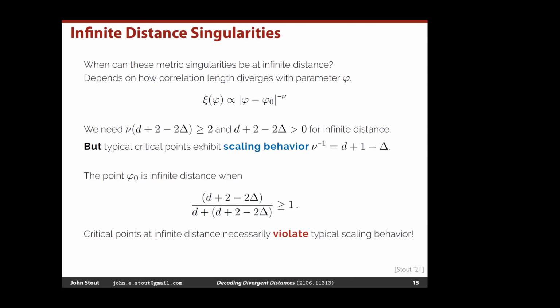Are there any questions about that? Yeah, John, I have a question. I'm looking at the condition you wrote down, and it seems that delta drops out of it. If I try to solve for deltas that satisfy that, I put the denominator on the right and then I get d plus 2 minus 2 delta bigger than or equal to d plus 2 minus 2 delta, and the two deltas drop out. Yeah, I think that's a reflection of the fact that this can never be satisfied for any delta if this condition is positive.